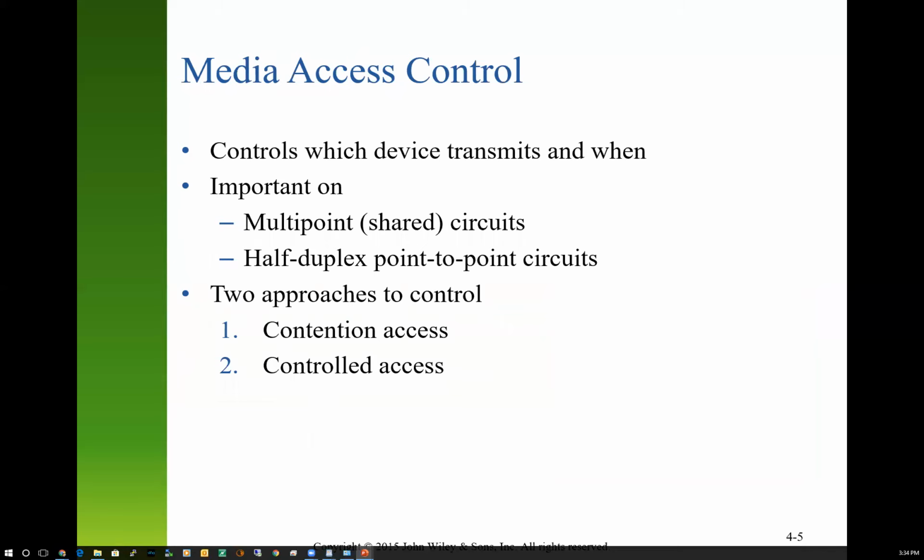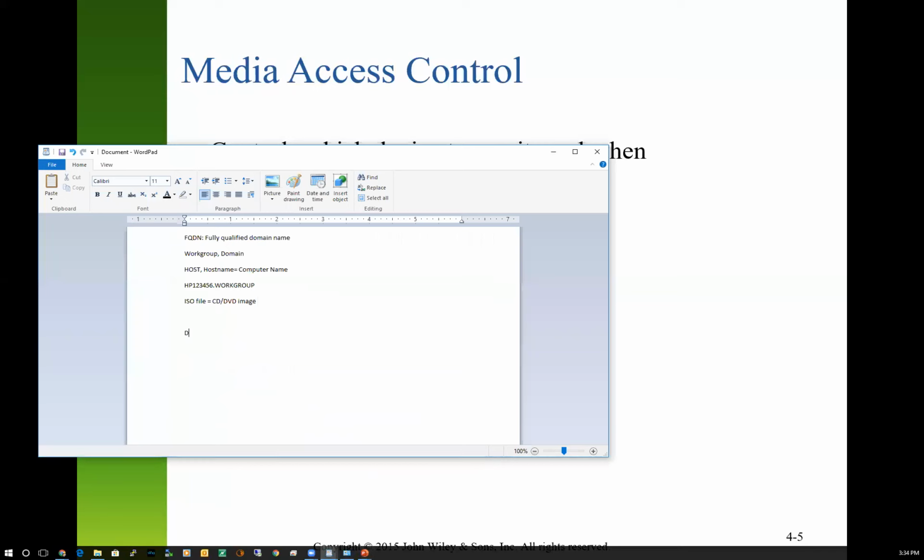So anyway, media access control. And again, the data link layer is many times called the MAC layer, M-A-C. Remember that, memorize that. Data link layer 2 is many times called the MAC layer. Not the Big Mac layer, nothing to do with McDonald's, stands for media access control. And that's where the term MAC address comes from, by the way.